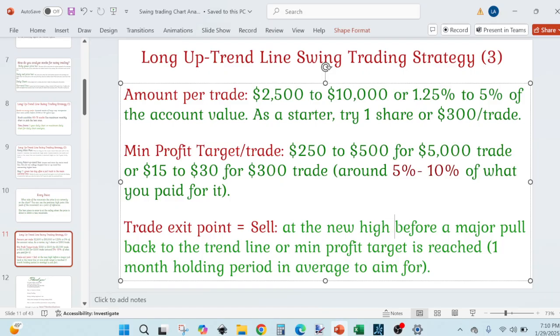So it's okay to have different parameters to guide yourself so that you do not focus on one and one only and miss locking in some profits, or take too low of a profit and get out too early. But it's just by practicing, even one share that you buy is okay as well. Just little by little, start small, practice the strategy you are using, and keep improving it